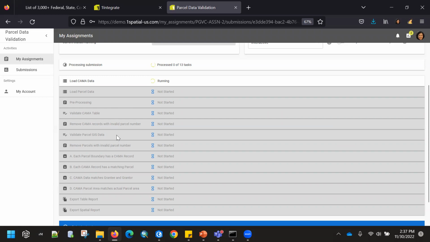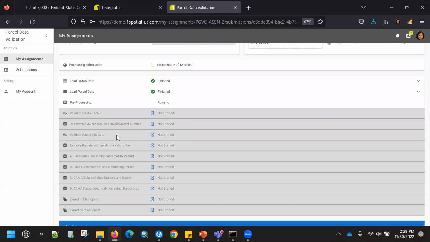The reason our customers like having these foundational rules is because we want to make sure that each and every single record on both data sources actually exists. So if a parcel number is supposed to be a parcel number that exists within a CAMA table, the expectation is that it exists on the GIS side as well.